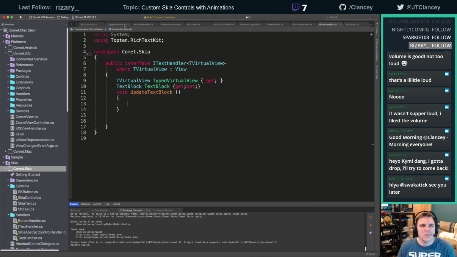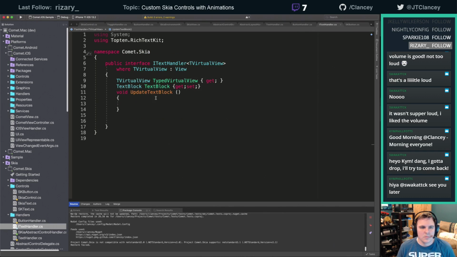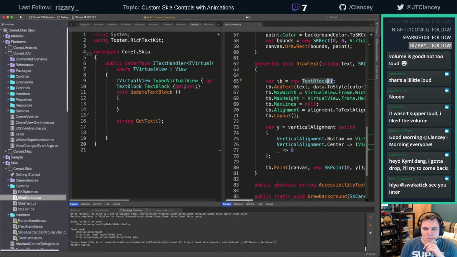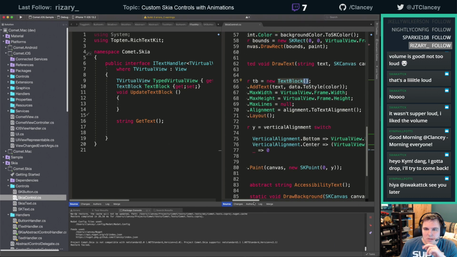And what we'll do, I'm just going to do that. All right, so now that we have that, let's look at this button or the SK control, how it does its drawing. Let's put this side by side. So what we need to do is cache this text block and update it whenever things change. And the alignment,